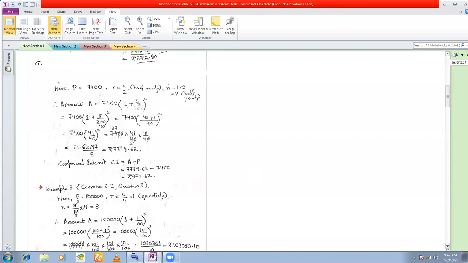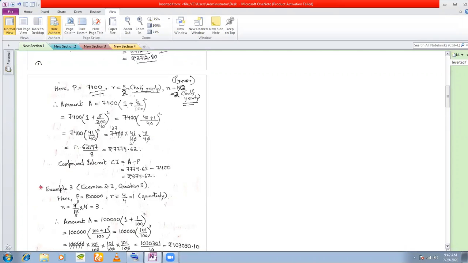In this problem, it is given that the principal invested is 7,400. Okay, and the rate is 5%, which is compounded half yearly or semi-annually. And this amount is invested for 1 year. Since it is half yearly, what do you do? You halve the rate. Since you're dividing the year into two parts, you divide the rate by 2 and you multiply the time by 2. This you already know from last year's knowledge.